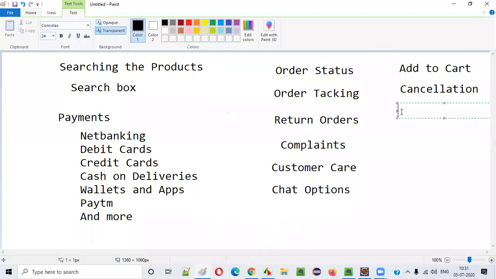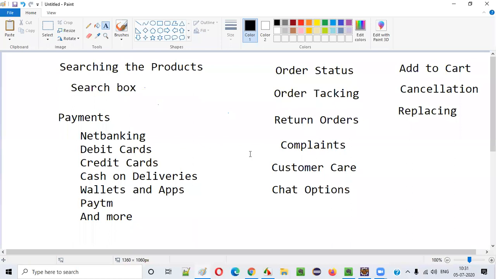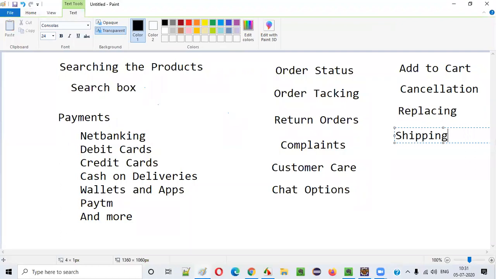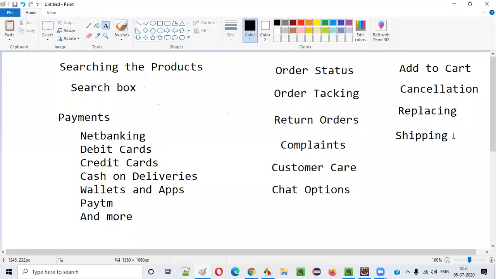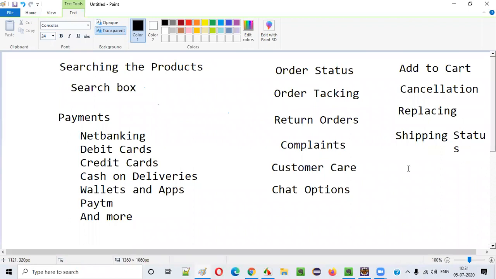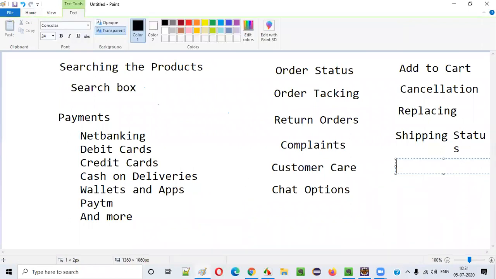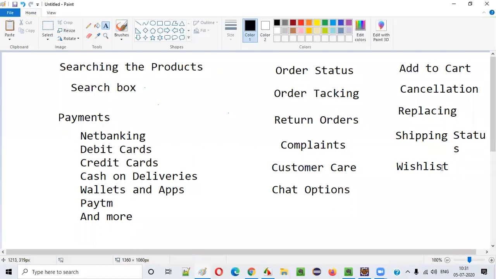Replacements will be there, right? Some websites provide replacements, so if you get a wrong product, they will replace it. Yes, shipping. Shipping may not be visible to us, but internally the application may handle the shipping in a different application. But shipping date and status will be there for sure for general users. Coming to wish list. Yes, wish list is also there, guys. If you want to purchase something in future and you love that product but not now, just add it to the wish list, and when the time comes, you are going to purchase it. Payment methods covered, a lot of functionalities are there.